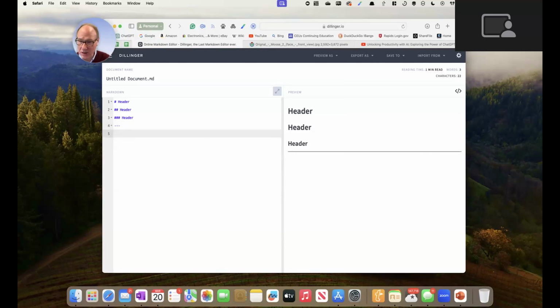Now, the second section is italicize. If I want to italicize a section, so this is my second paragraph, and this is the section, I do a single asterisk on each side of the text that I want to italicize. So as you can see, just a single asterisk on the sections that I want to italicize creates that italic in my document.